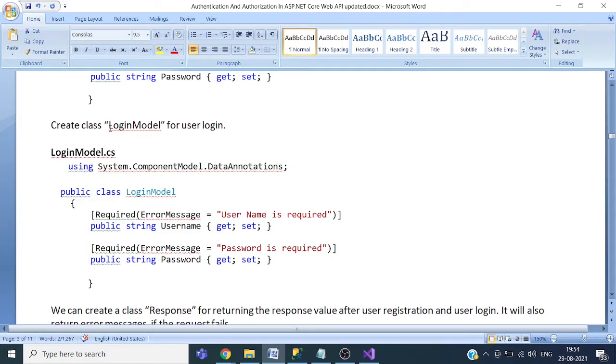It will represent the data which is provided in the login process.